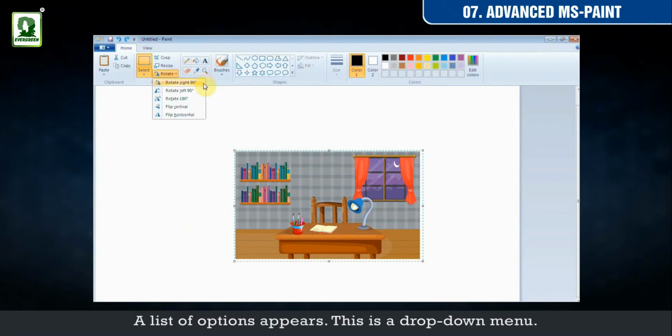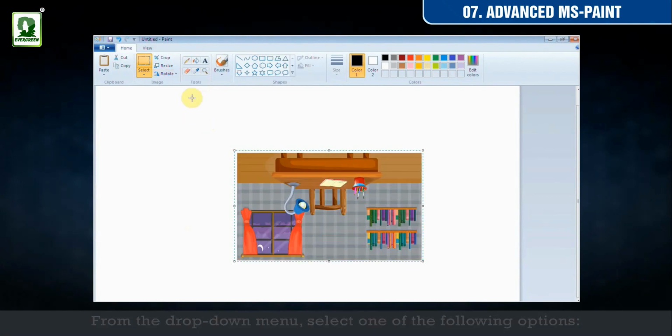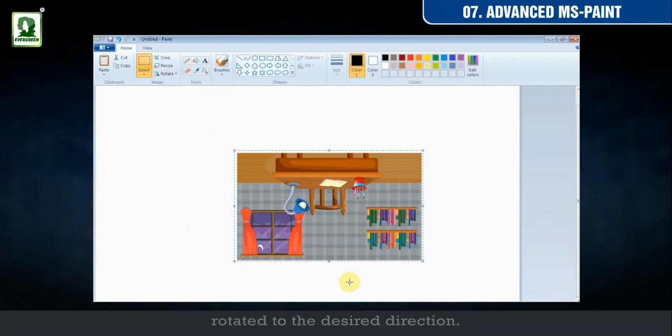A list of options appears. This is a drop-down menu. From the drop-down menu, select one of the following options. Select the desired option and you will see that the picture has been rotated to the desired direction.